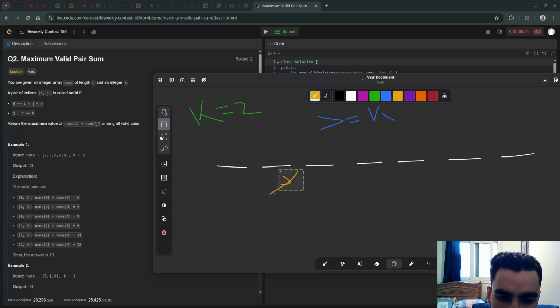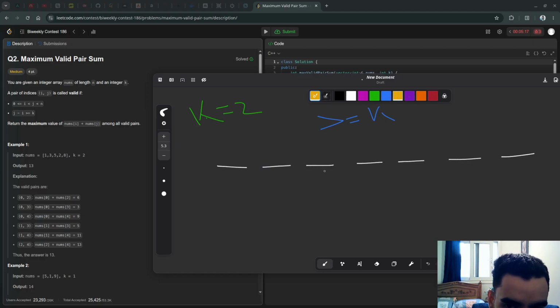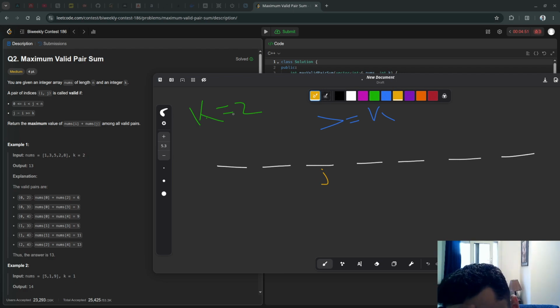We will go to the next index, for example here. Okay, so j is here, so we need to check what is the best i, or the maximum i, that we can take, because we want to maximize the sum of pairs. We are brute forcing j and we are checking the best i that we can take. We brute force one and we check the second greedily. So if we are here and case 2,